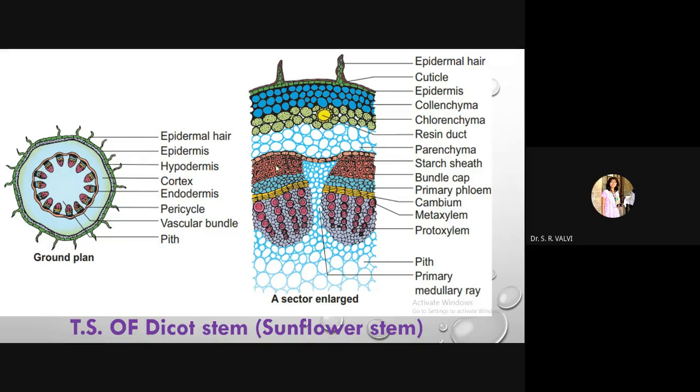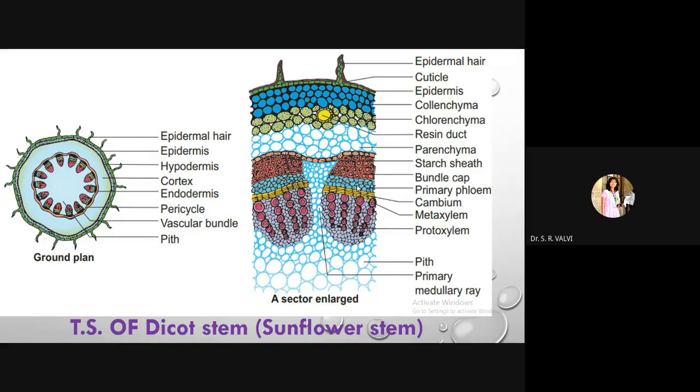Below this, please do remember, the pericycle is made of multi-layered cells, present in a dicot stem. It's a very important characteristic, and it looks like a cap. So the name given is bundle cap, and this cap-like structure is present on every vascular bundle. Below this pericycle the phloem part is present. Always remember, phloem is always towards outside, not towards inside.